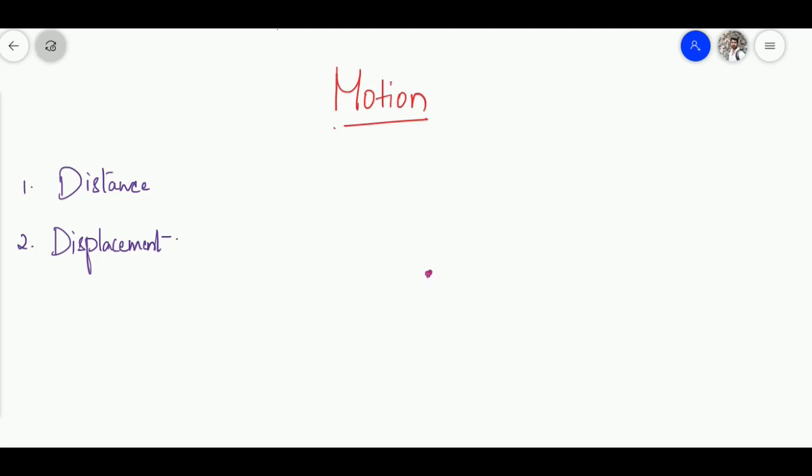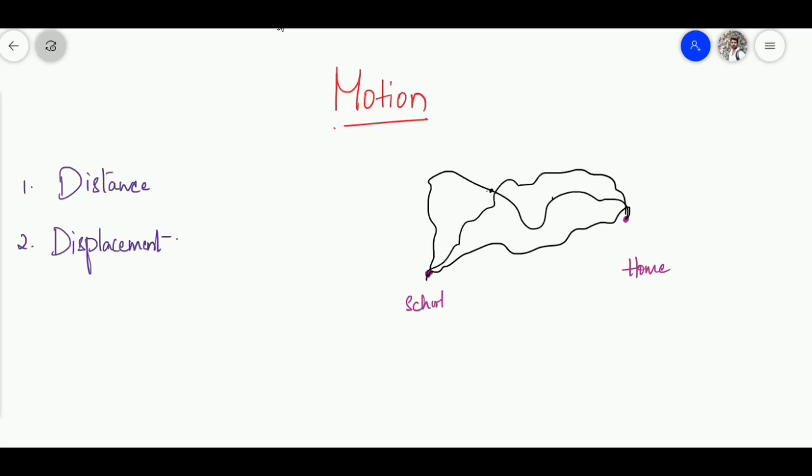So let's say this is your school and here is your home. When you start to school from home, let's consider you are going on your school bus. The driver will pick his own path to cover all the students on his way, right? So the path may be like this, or else the path may be like this. There may be so many pickups in between, and there could be many different paths from home to school that your bus driver will take.